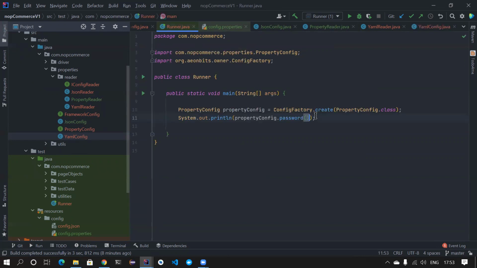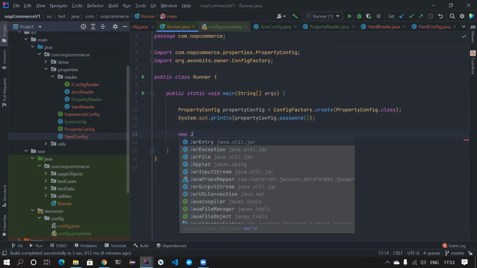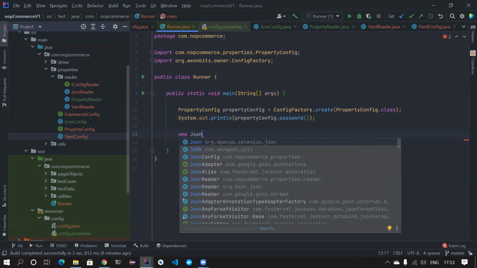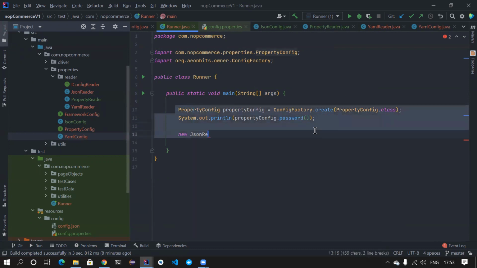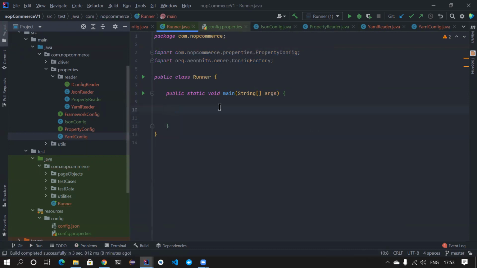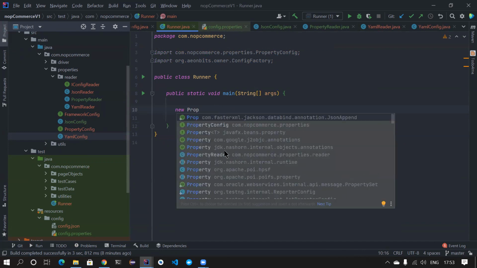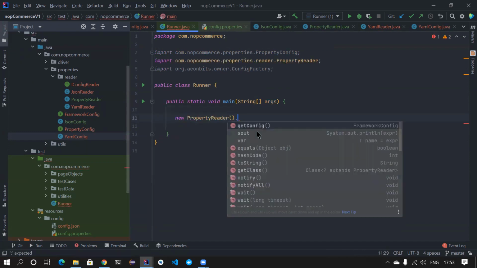So let's go to the runner, and this is working. Let's also check whether the JSON is working. If you want to use JSON, you have to use new JSON reader. Instead of this, don't do this. So, a new property reader dot, you cannot directly use it.